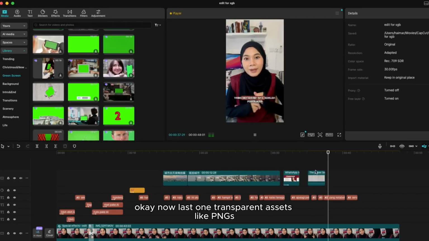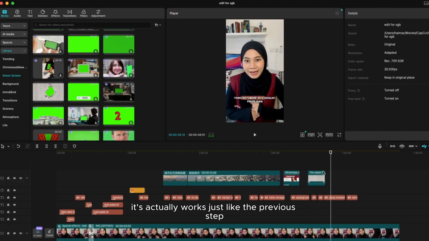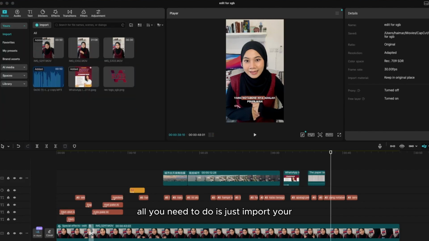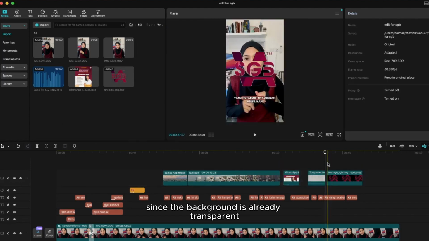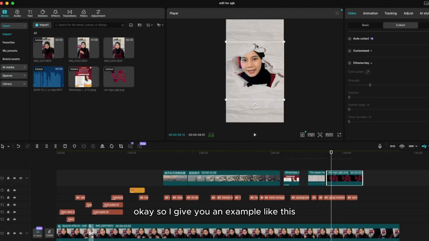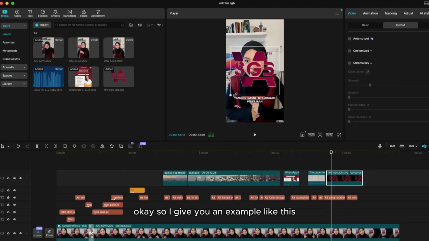Okay, now last one, transparent assets like PNGs. It actually works just like the previous step. All you need to do is import your PNG file and add it as an overlay like this. And no need to use the chroma key since the background is already transparent. I'll give you an example like this.